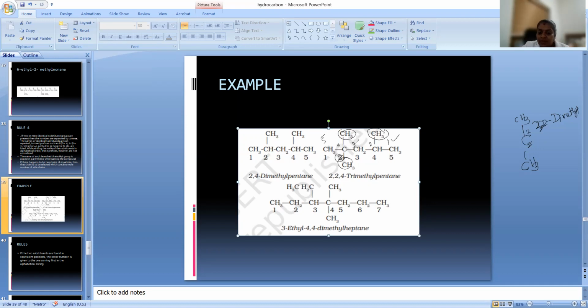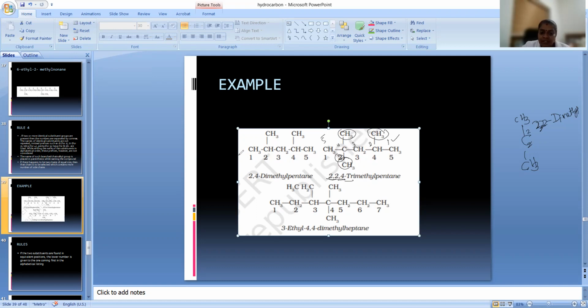So now we have to see where the carbon atoms with branches are. Second position, 2 times the branch, same branch repeating. So 2, 2 you have to write. Fourth position, 1 branch, 4. All are same. That's why we are putting commas and writing. And 3 are there. So tri. And then methyl pentane. That's all.